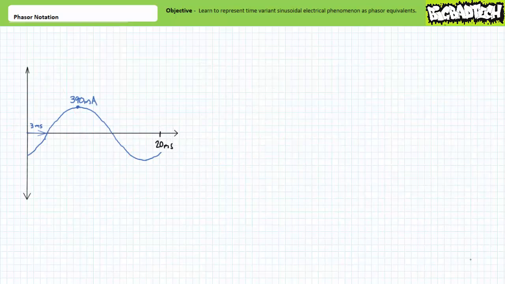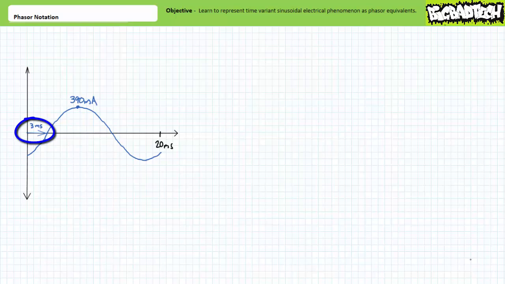The second example shows a plot of current as a function of time. It looks to have a peak value of 390 milliamperes. It looks to have a period of 20 milliseconds. This is the same value observed in the first example problem, so it should probably have the same frequency. Hint, hint. Finally, it looks like the first zero crossing going positive appears to lag our previously agreed upon reference